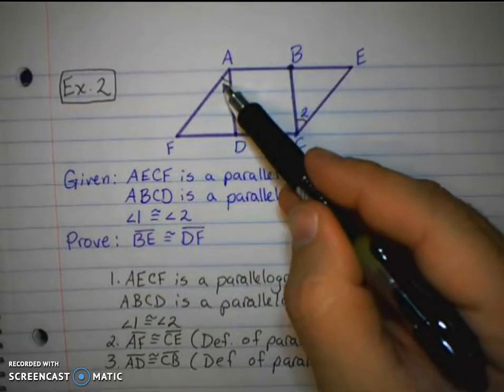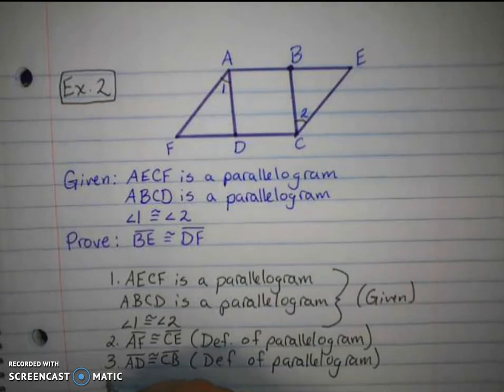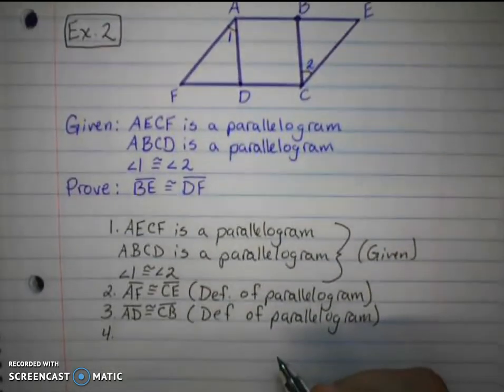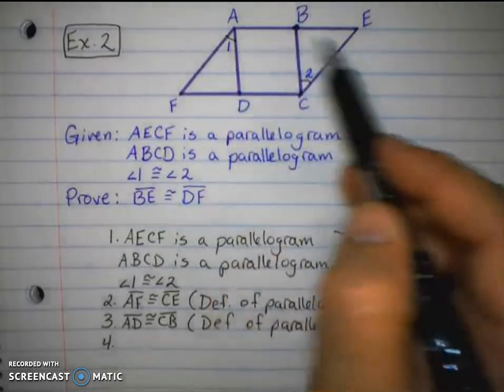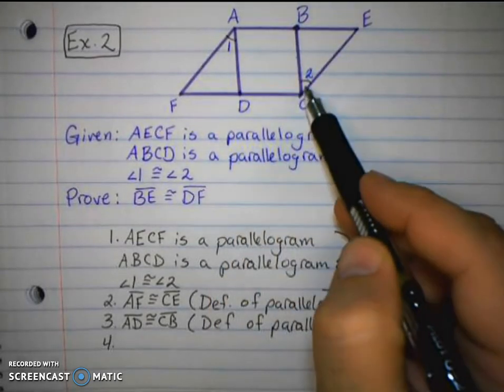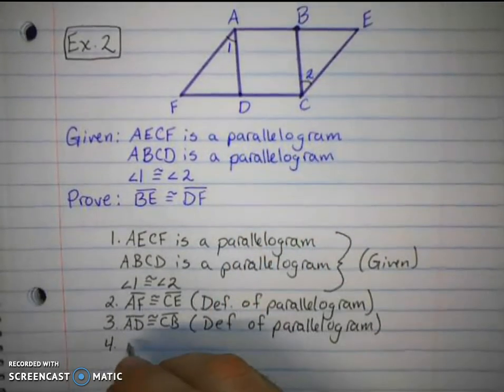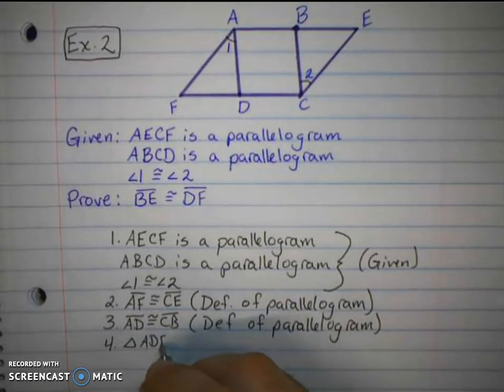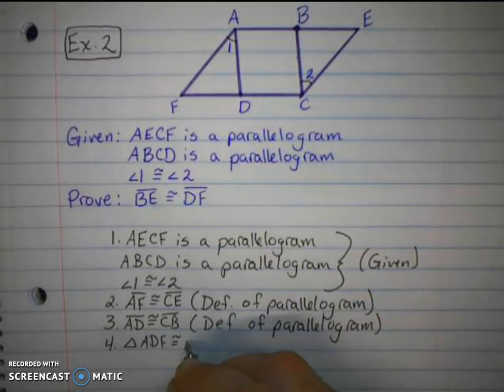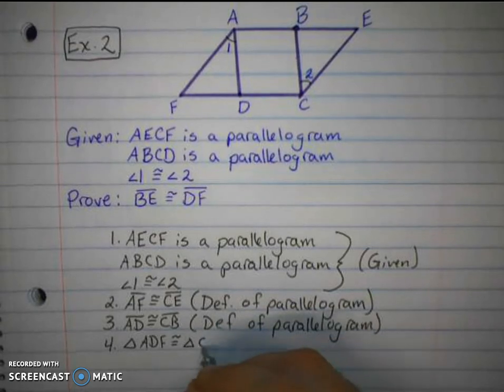And we've already shown angles 1 and 2 are congruent, which allows us to conclude that the triangles are congruent by side, angle, side. So we can say triangle ADF is congruent to triangle CBE